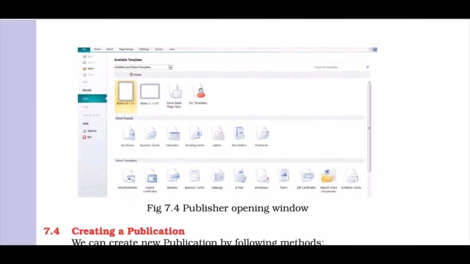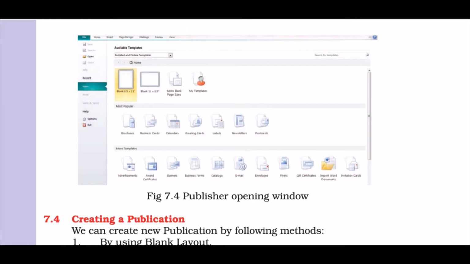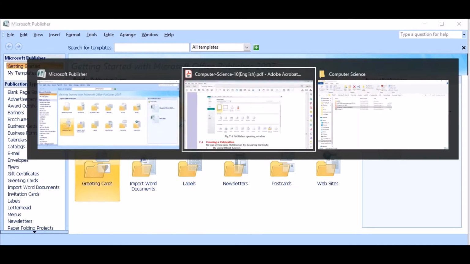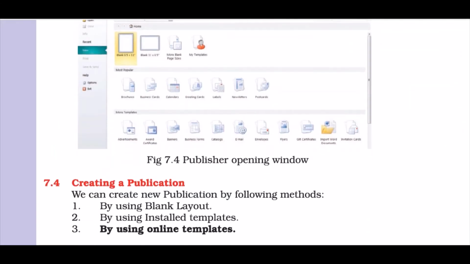It will open your window like this. In this window we can see there are many options: blank page size, brochures, business cards, calendars, emails. These are all templates, but we can start from a blank page as well by clicking on it. It is all written in your book very clearly.